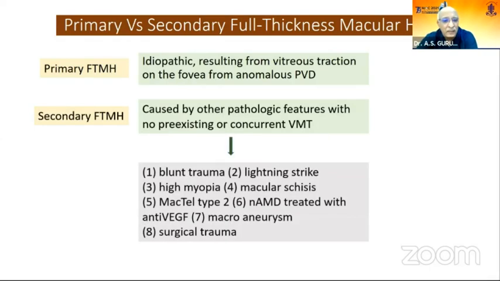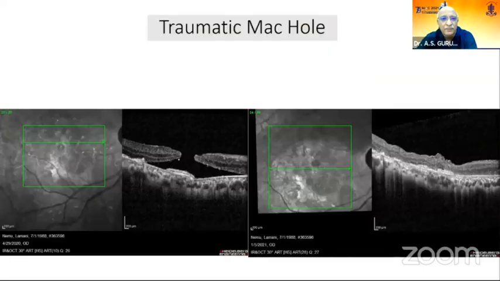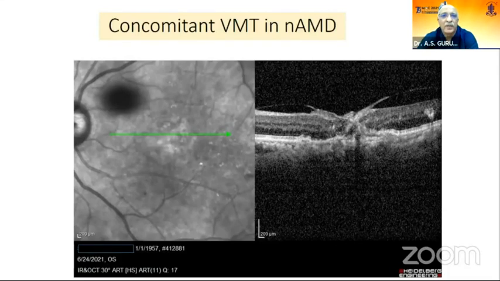And the short list of causes of secondary hole are blunt trauma, lightning strike, high myopia, macular telangiectasia type 2, neovascular ARMD, macroaneurysm, and so on. This is an example of a traumatic macular hole that we operated and successfully closed, although the visual recovery was not great. A concomitant VMT in neovascular AMD, you can see that there is a VMT and there is a